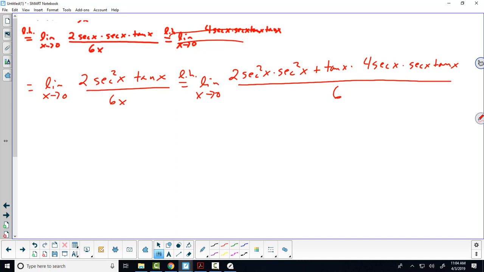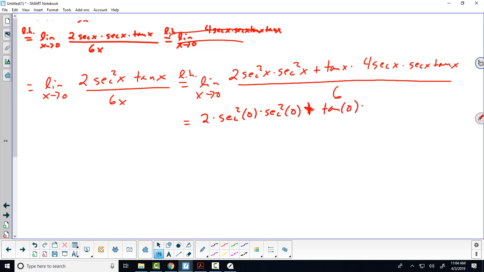This no longer has an indeterminate form, and we can evaluate through direct substitution. In this case, we don't get a very exciting answer. Our answer is 0, because of those tangent terms in each one. Oh, wait, no, that's a plus tangent. Oh, no, we're good. We actually get something interesting. So this would be 2 times the secant squared of 0 times the secant squared of 0, plus, I didn't see that, so that's where I made the mistake, plus tangent